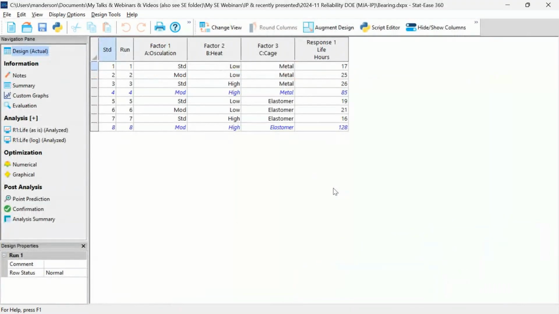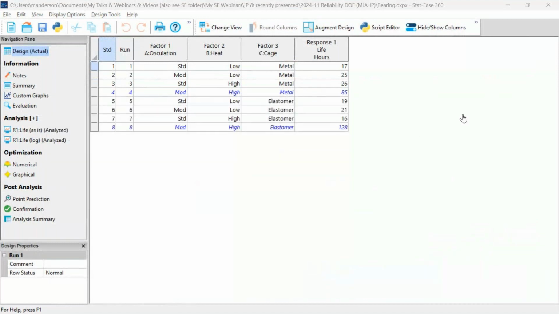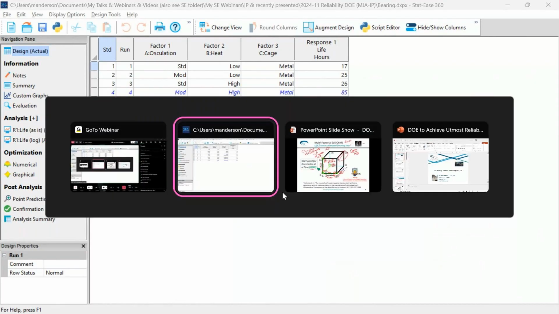And then I'll rebuild this in just a minute, but I want to first do a little ping back to my list here, and I am going to ask again if you would put your hand up if you can see the screen on Stat-Ease 360. All right, a number of people have put their hand up, so far so good, and bear with me. I'll be asking you that every few minutes or so, just to make sure we don't get cut off at some point. It's very aggravating.